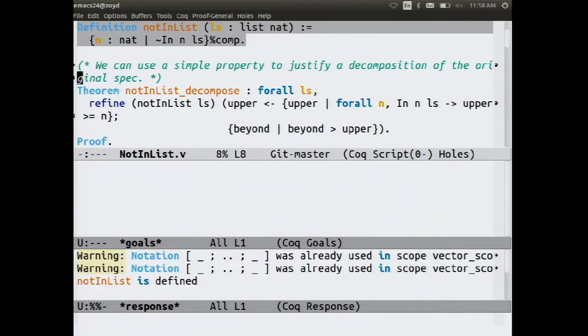One thing we can prove is that any answer to the question, which number is not in this list, is also an answer to this question: compute an upper bound for the list and then return something greater than the upper bound. An upper bound is a number upper such that for every n in the list, upper is at least as big as n. And an answer that is greater is an element of the set of beyond such that beyond is greater than upper.